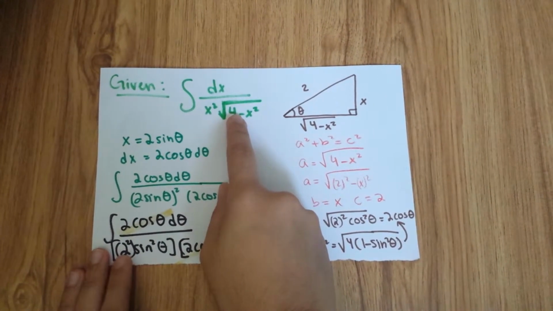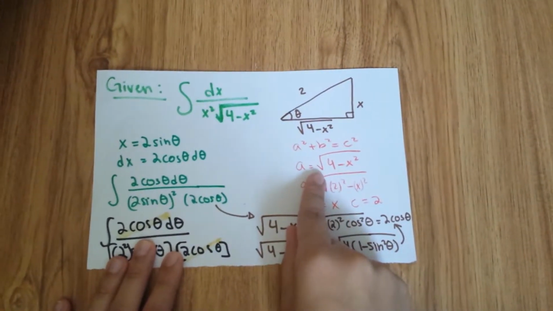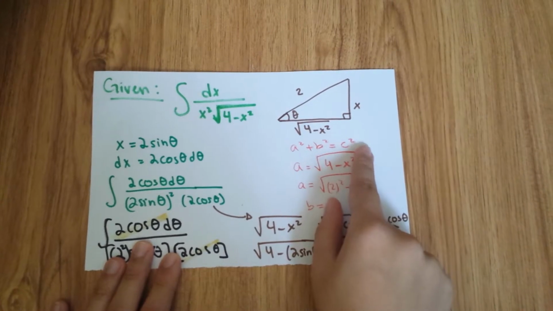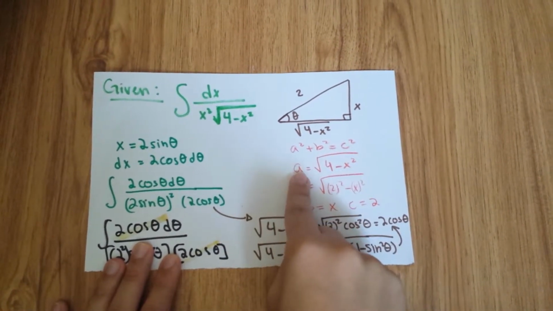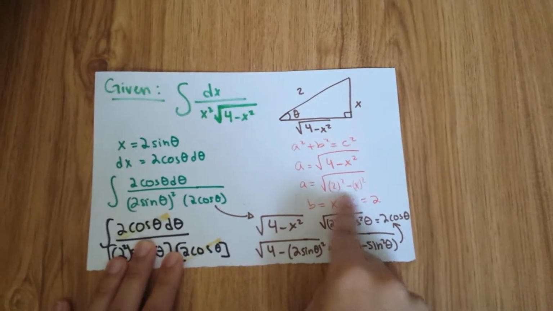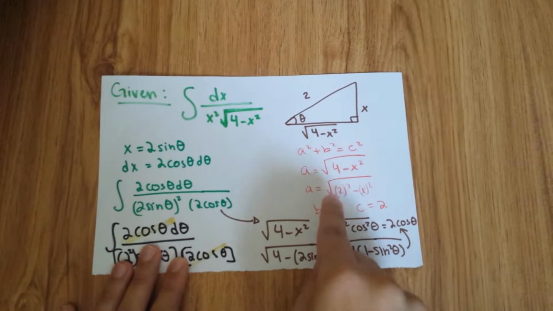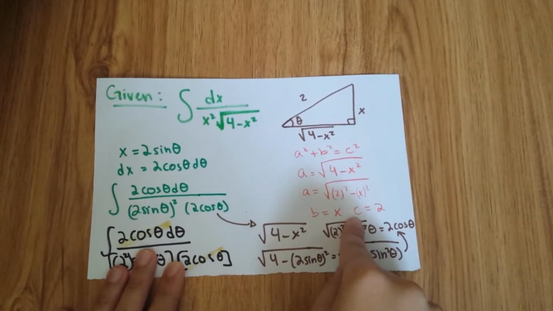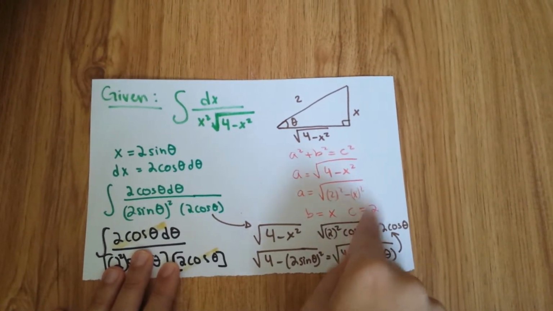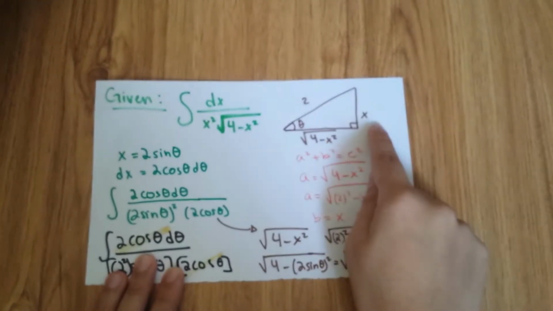The way that the term under the radical has been specified looks like it would be in terms of one of the legs in the Pythagorean identity. So it would be a is equal to rad c squared minus b squared. And since both 4 and x squared are perfect squares, you can tell that x would be b and c would be equal to 2. Now drawing the triangle and putting all the terms in the correct places,